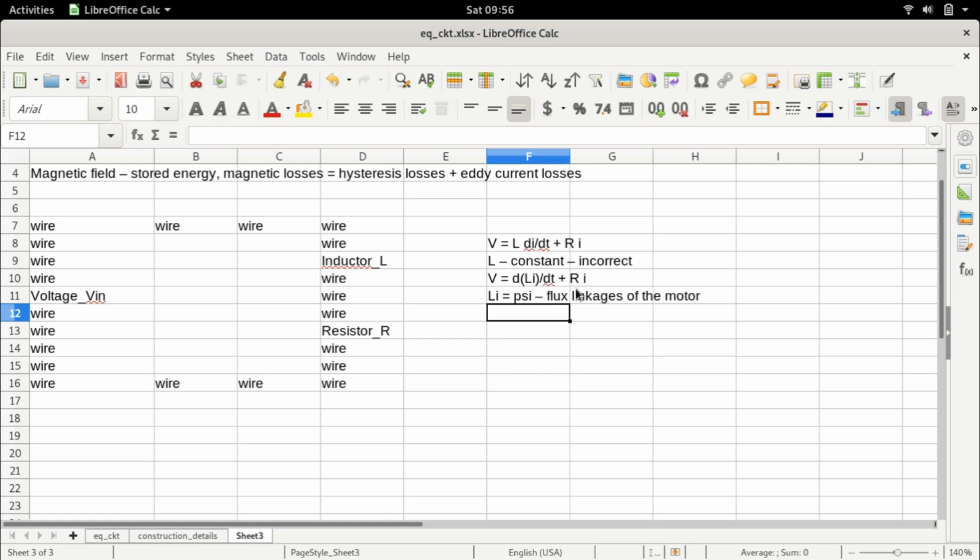Now the question arises, what if I take this equation and try to convert it more into a power equation, right? So how do I do that? Let's say I multiply both sides by the current I, and there's nothing wrong with that because you can always multiply both sides of any equation by any variable or any constant. So I can say V into I is equal to